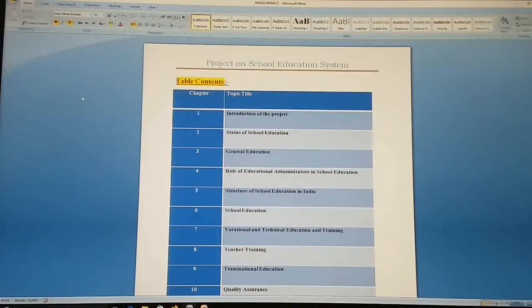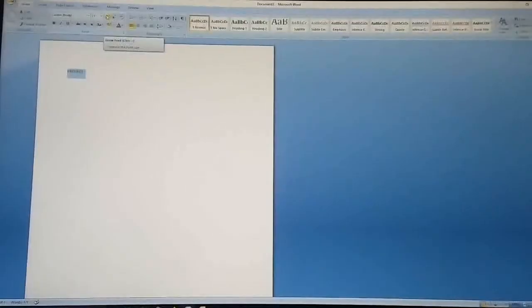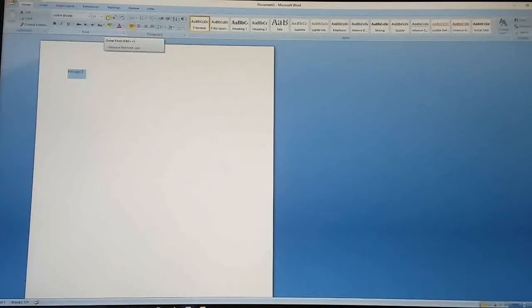Using this Microsoft Word software, we can prepare assignments, projects, and we can make the document attractive and colorful. So now see how we will increase the font size.